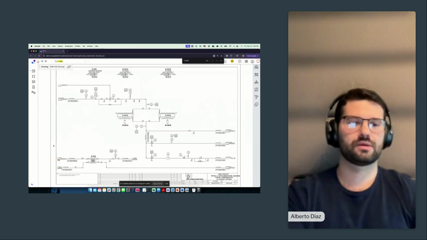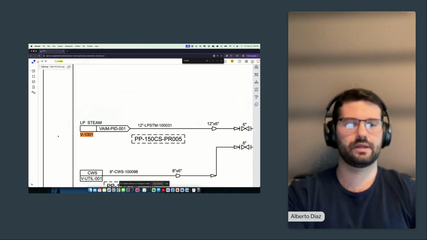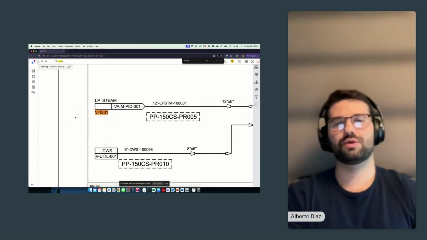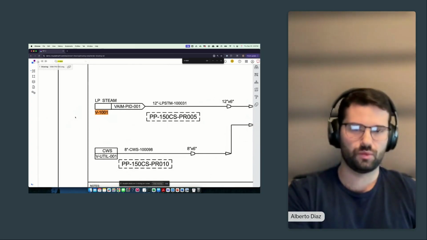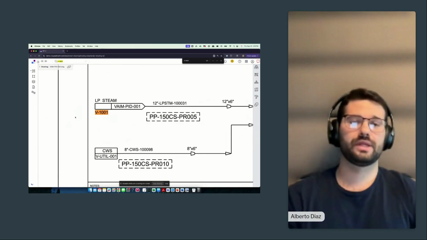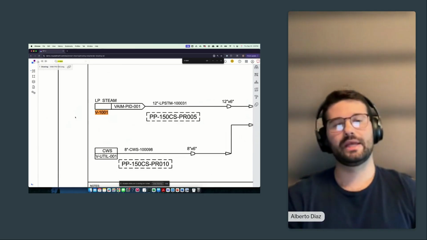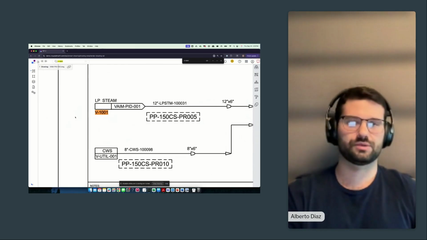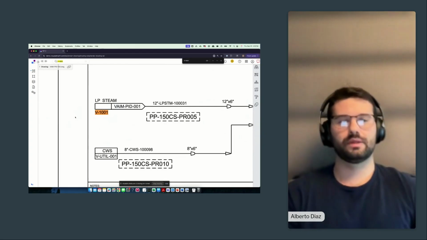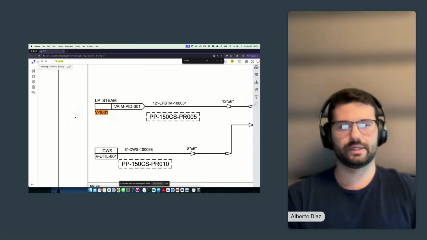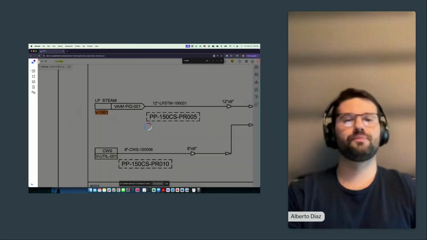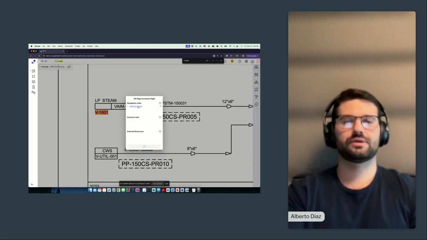And you can see from this particular PNID that I'm actually getting a hit here at the bottom left-hand corner of the PNID. So I see the reference that I'm looking for, V1001, but it's not really the asset that I'm after, basically. It is, however, an off-page connector reference that tells me that most likely the equipment that I'm looking for is on that associated PNID. So what I can essentially do is click on that off-page connector, and I can see